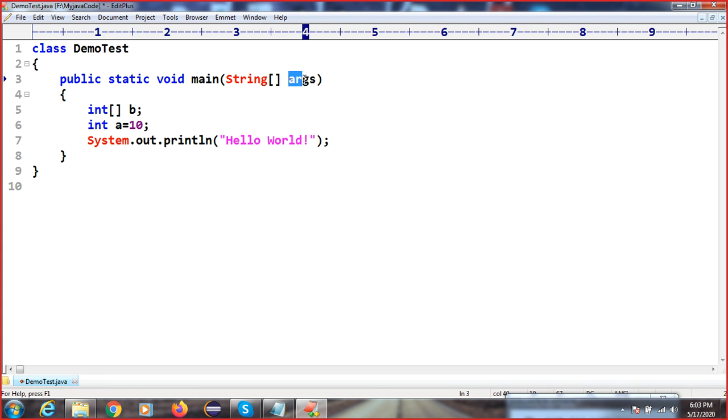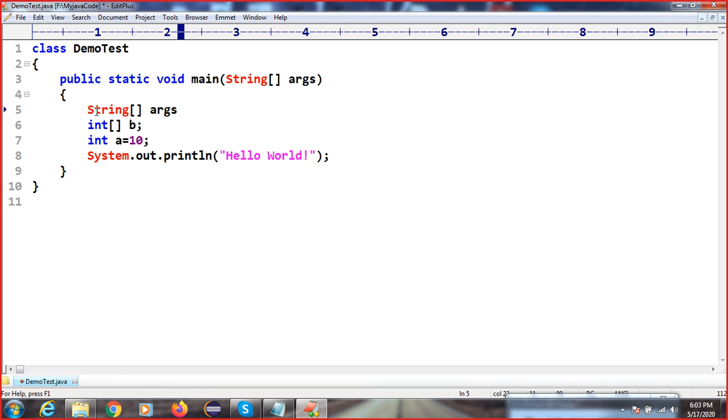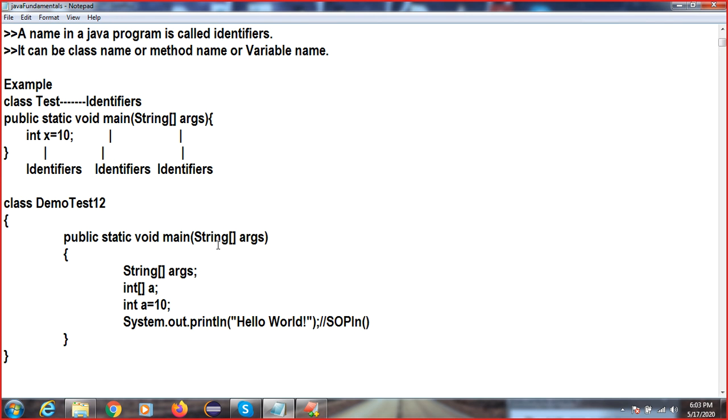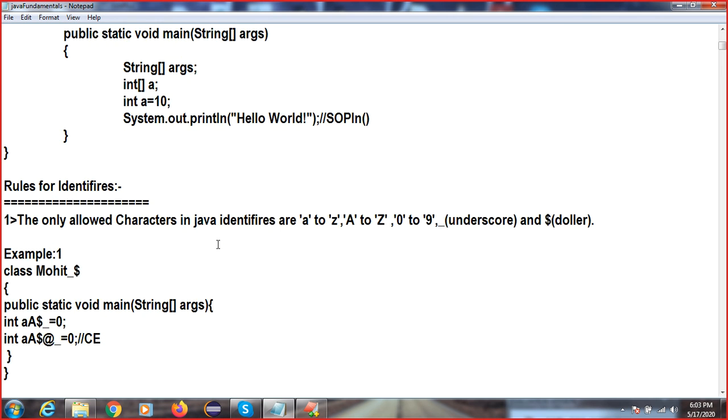So this is your variable. Okay, int, right? The same thing is written here, right? So here this String is your inbuilt class. So this is your identifier. Like that we can find the identifiers, but we have some rules for identifiers. Okay, you cannot write anything directly over there. We have some rules.